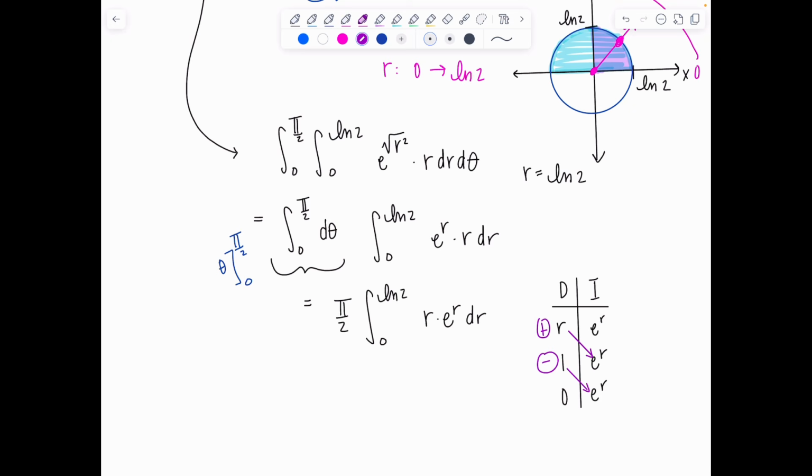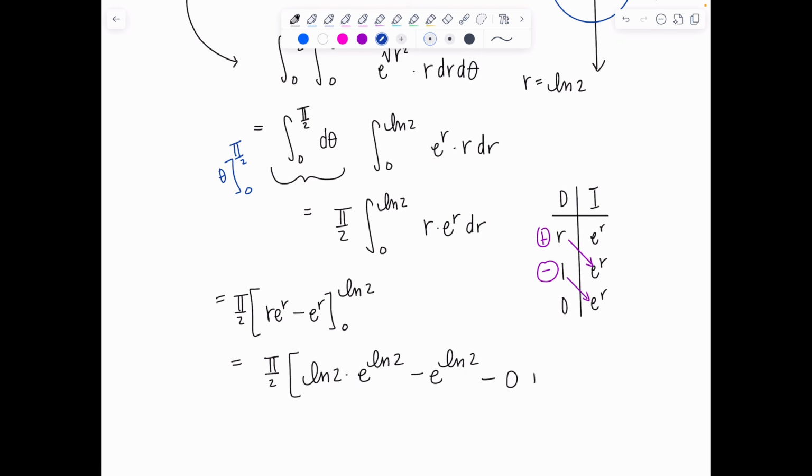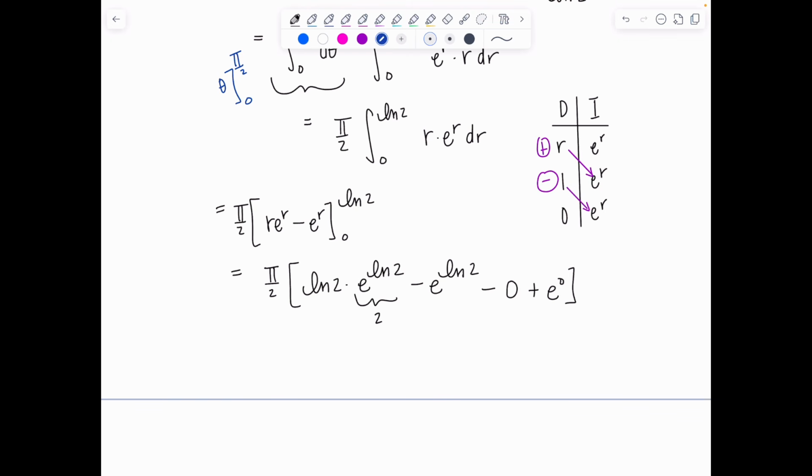It's life-changing. Okay, and then let's see, what are we left with? That pi over 2 is minding its business. R, e to the r, minus e to the r, evaluated from 0 to ln of 2. So now we have pi over 2 times natural log of 2 times e to the natural log of 2 minus e to the natural log of 2 minus 0 plus e to the 0. So these e to the ln of 2's are 2's. This is a 1. And I have pi over 2 times 2 ln of 2 minus 2 plus 1,